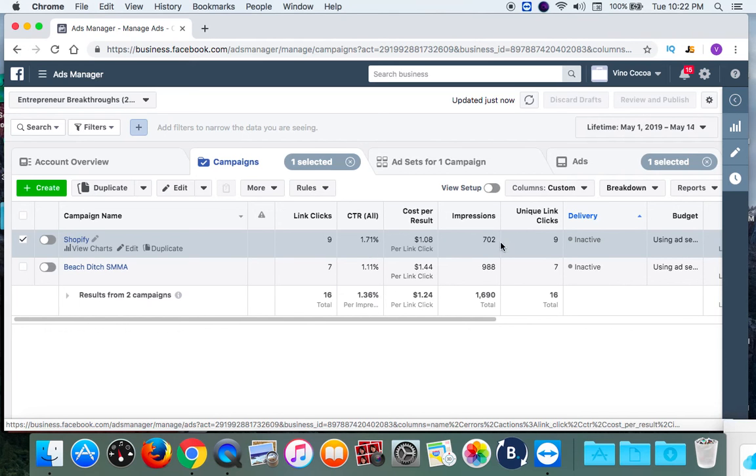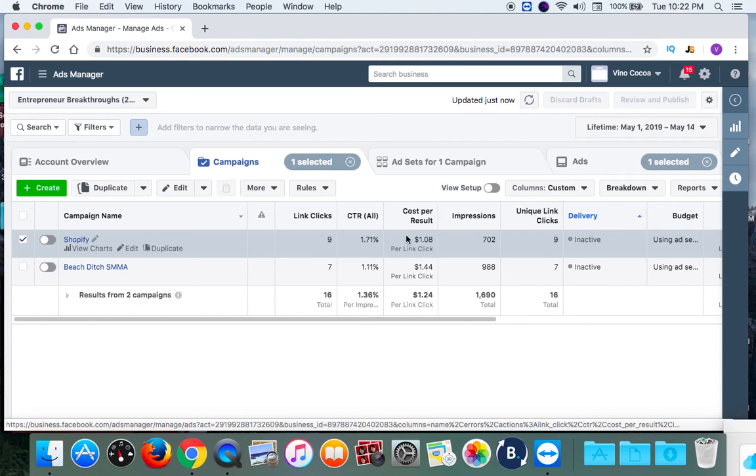These are some of the most important things that I look at. The click-through rate tells you how great your ad is. Your cost per result, of course. If our click-through rate was around 3% or 4%, our cost per click might be around 75 cents or maybe around 60 cents. The better your ad is, the lower your cost per click will be, because if you have a really nice ad, Facebook will